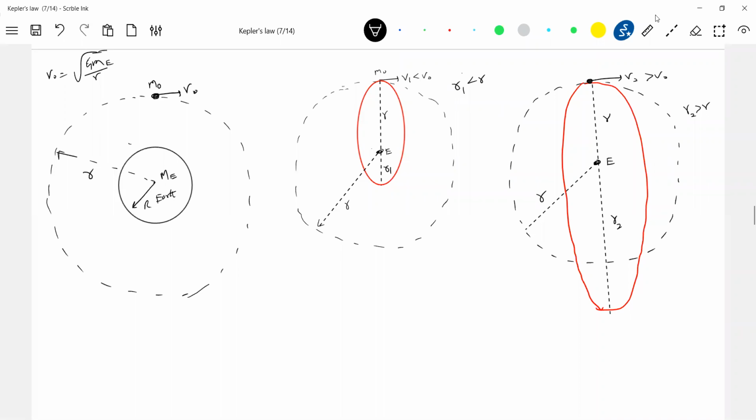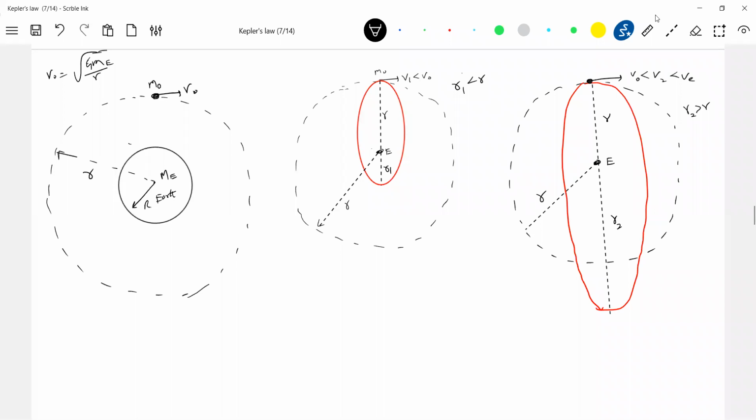So why will it happen? I'll give enough proof. So if a satellite revolving in a circular orbit, if I decrease or increase the speed, what will happen to the path? The path will be of this kind. And what is the condition? This particular speed should be greater than v0, but should be less than escape velocity. Otherwise, what happens? It is going to this one. So less than escape velocity, but greater than v0.